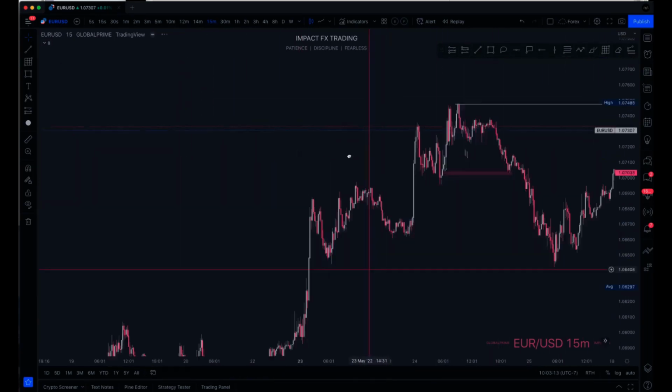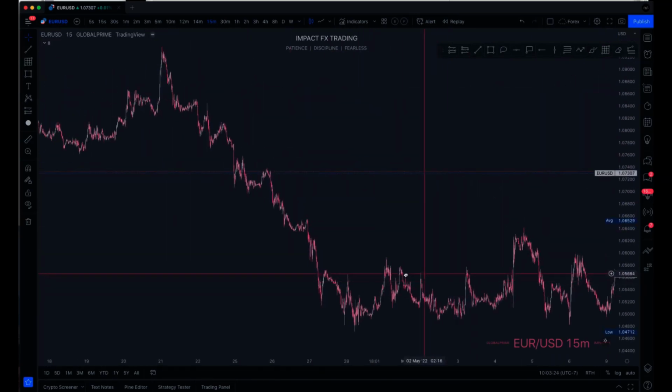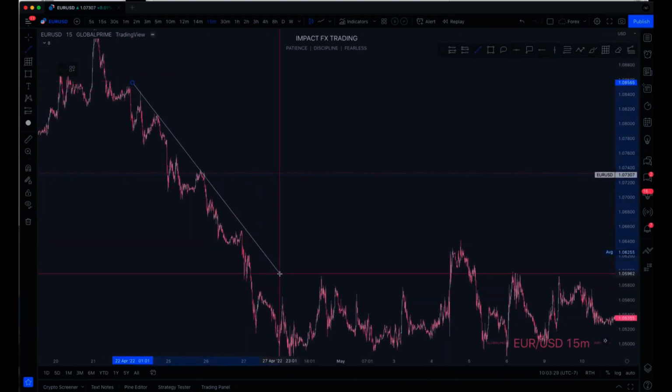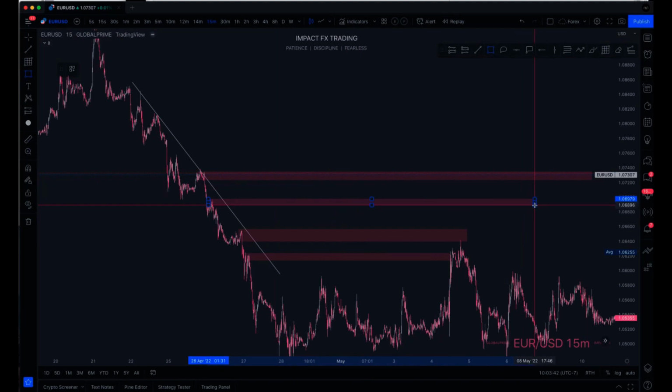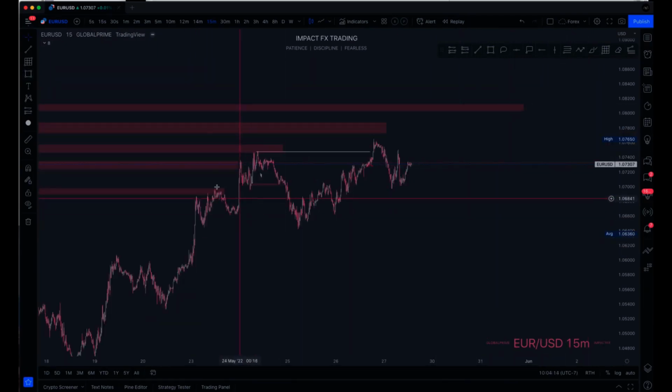So let's just do a couple more examples, and then we'll leave it there. Okay, so this is kind of an interesting example because this here was a trend, right? And in each one of these instances, you guys, and this is what a lot of people do when they're trading, they are looking at these areas thinking price is going to reverse. But if you watch my Don't Look to the Left video on YouTube, each one of these areas to the left, as you can see, guys, yes, it causes